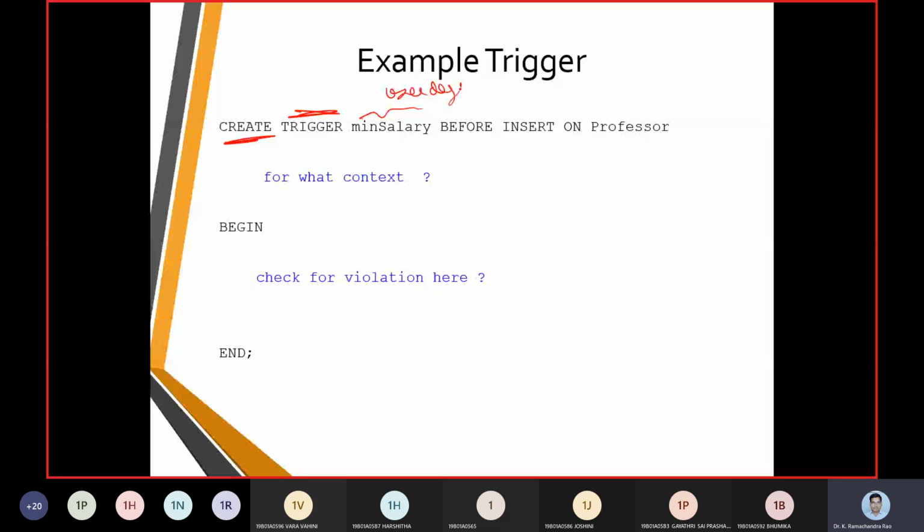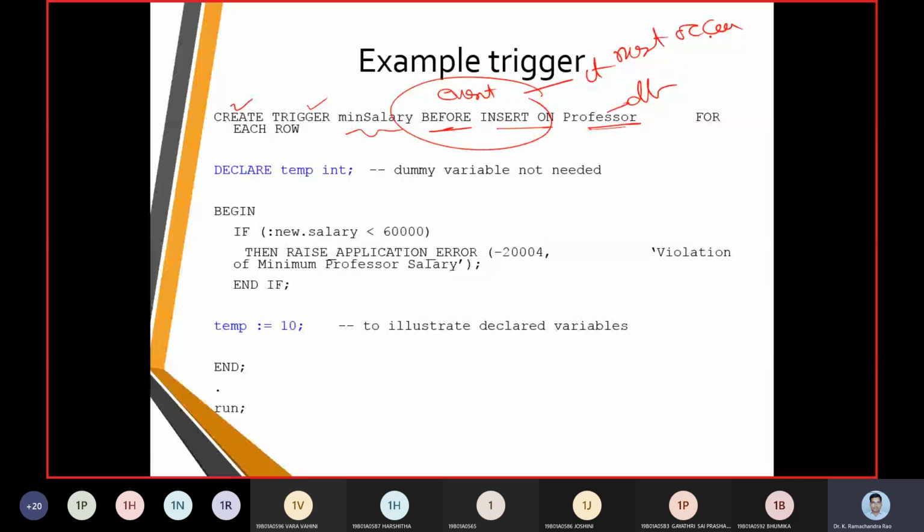On what table it needs to be done, it goes with the professor table. So it is an event and it must occur before the insert operation. That is the syntax we need to take, and it is going to be implemented for each row.